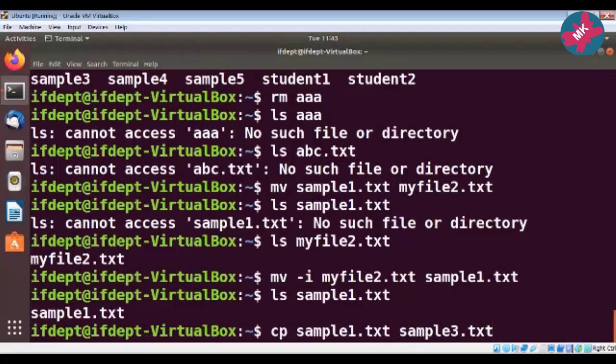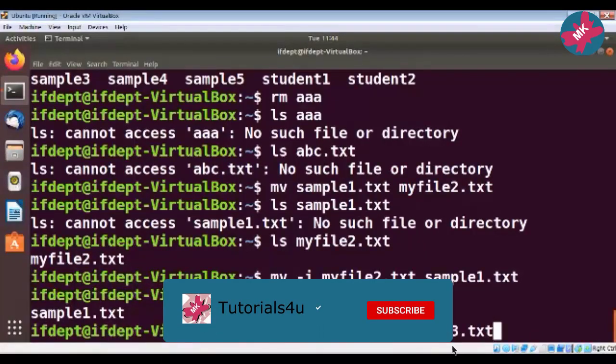The thing here is that sample3.txt does not exist, so the cp command will create a file called sample3.txt and copy the content of sample1 into it.